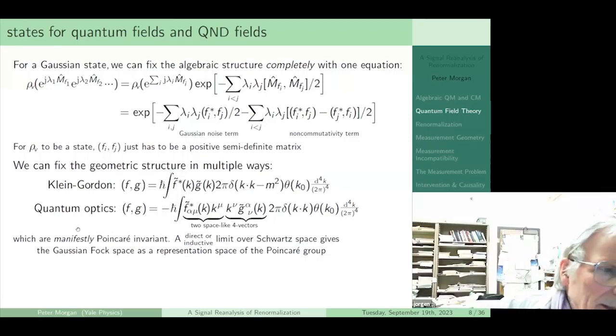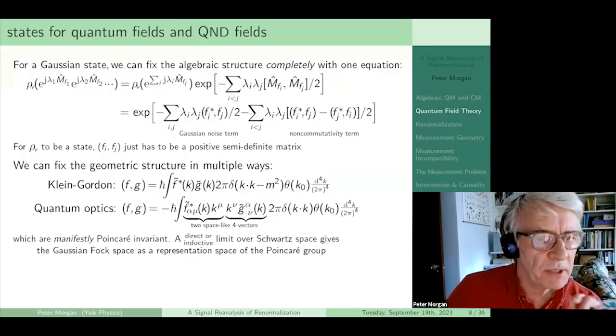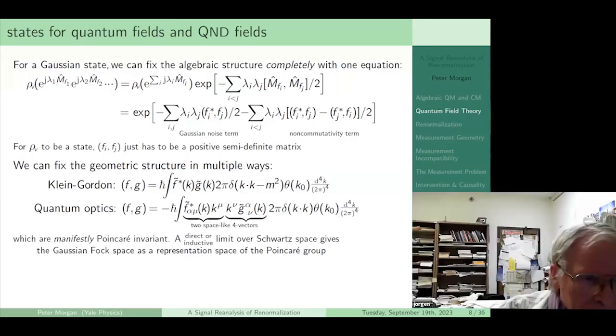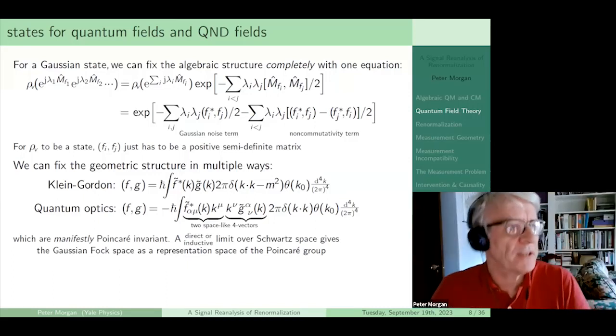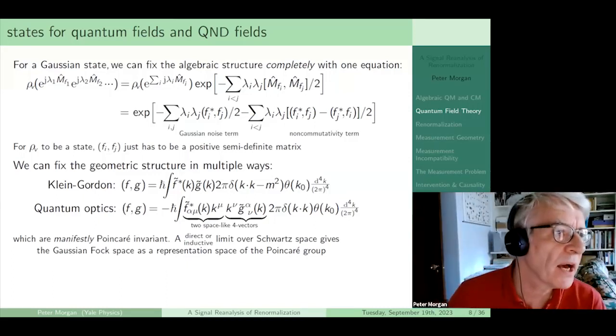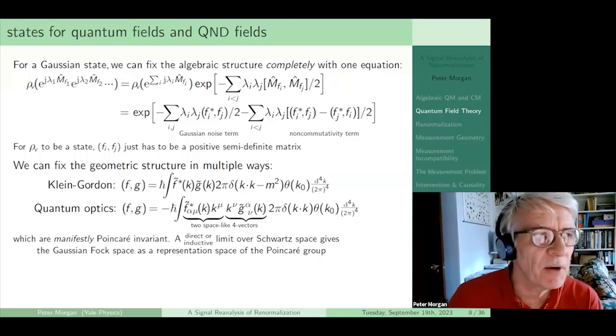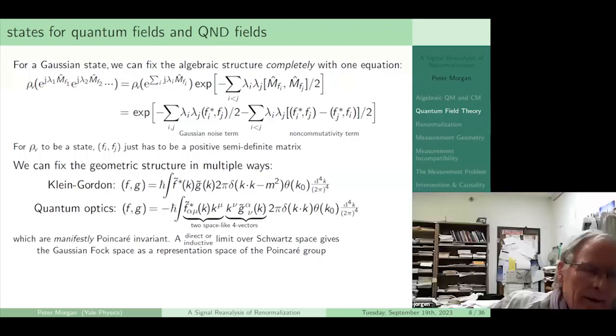Could I just ask about the property you mentioned in the middle line, that the 2-point function F_i F_j is positive semi-definite? I assume that's not automatic, or is it automatic? For the case of the free field, it's automatic because it's a pre-inner product. Right. In general, you will construct it in a similar kind of way, of course, but it needn't necessarily be linear, which will be crucial later in the talk. Okay, I got it. Thanks.